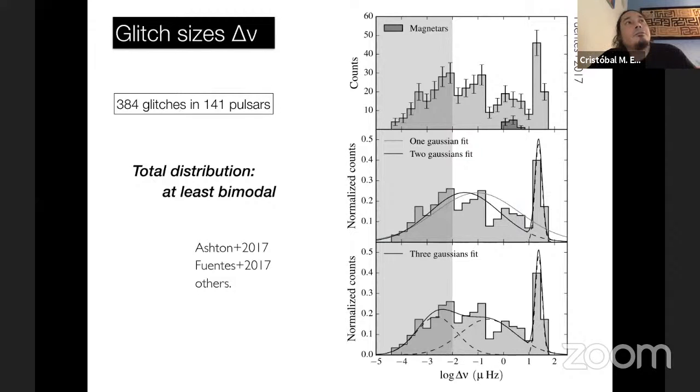Magnetars are known for this because the rotation of magnetars is very, very noisy. In this size distribution, we're showing the magnetars with the dark histogram. First of all, the glitches of the magnetars are not part of the large glitch component. They are just there. There are not too many, but that could be an effect of the fact that there are not too many magnetars. And also, there are not too many studies in which magnetars are observed regularly, monitored and searched for glitches. The study of magnetars is mostly focused on the pulsar around the times of the bursts, unfortunately, because we cannot do follow-ups for very long times with the X-ray satellites, essentially. So it's a bit of a bias in that sense, but they are noisy,